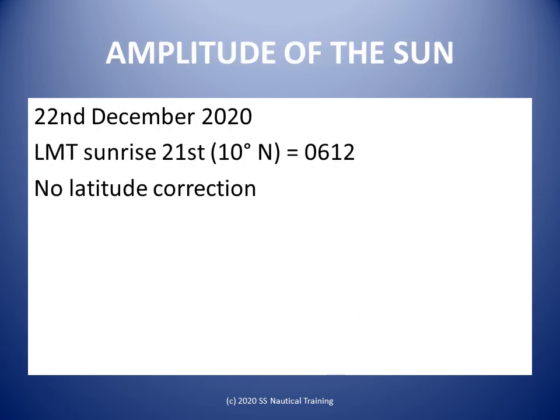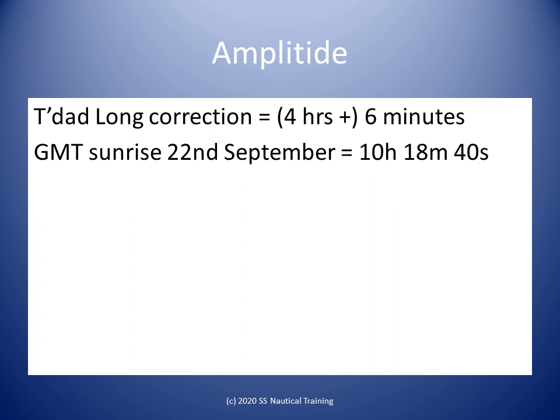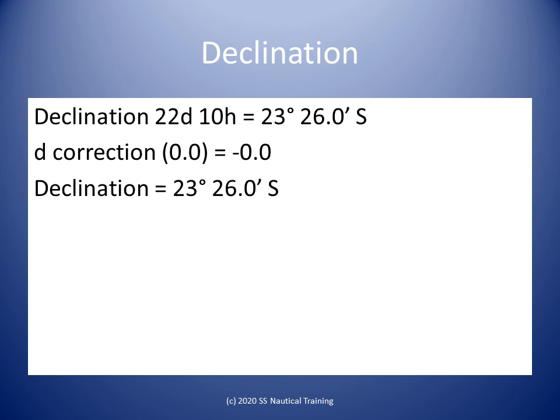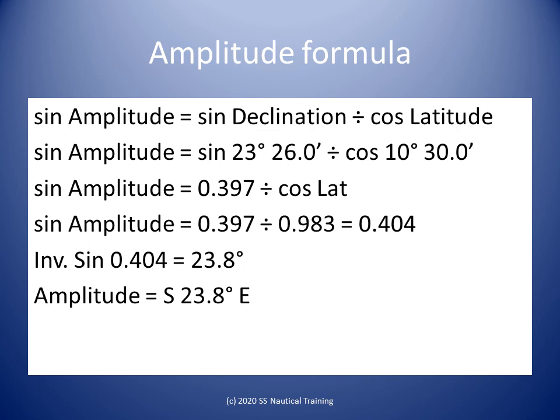To use an amplitude for determining compass error, we have to find the time of sunrise or sunset on the day. If the date is not the middle date on the Nautical Almanac, then we must use the tri-daily correction for the previous or following page, and interpolate. Next, we find the GMT of sunrise on the day. The GMT of sunrise is used to find the declination of the sun. The amplitude formula is sine amplitude equals sine declination divided by cosine latitude. We need only declination and latitude for the amplitude calculation,